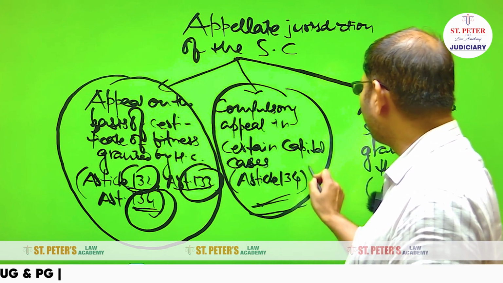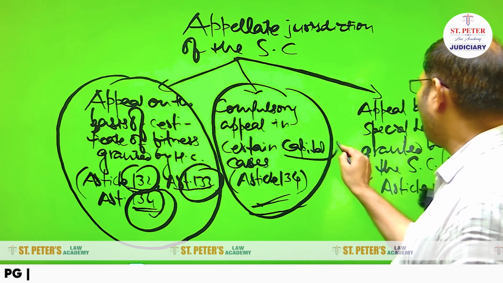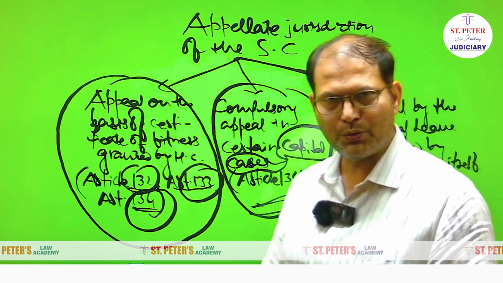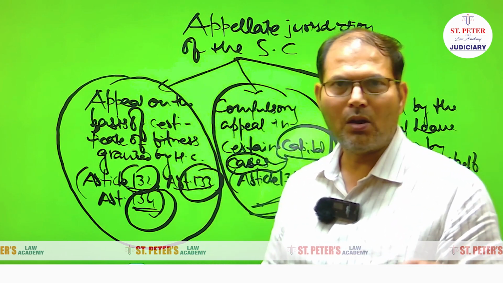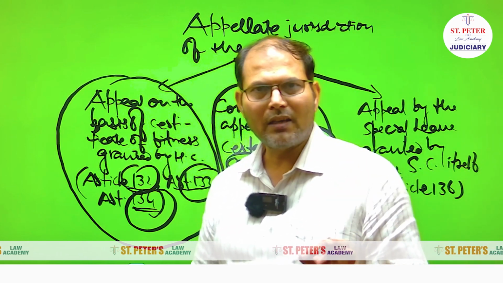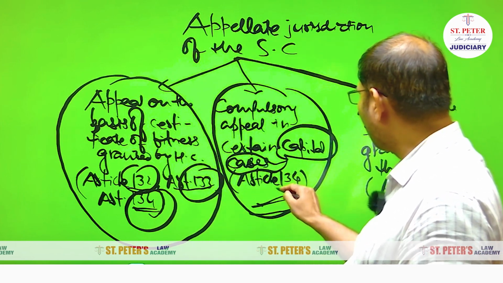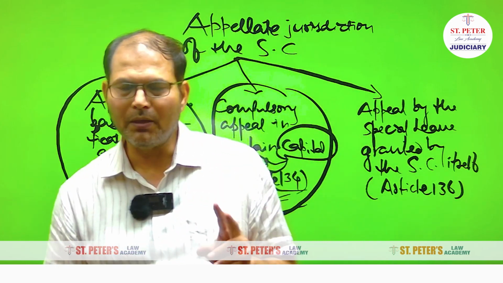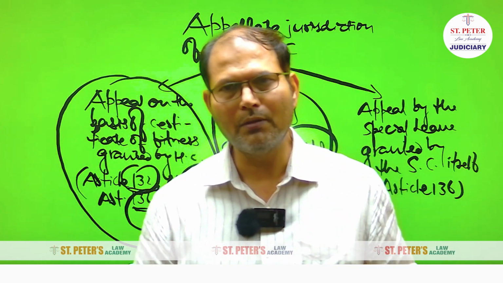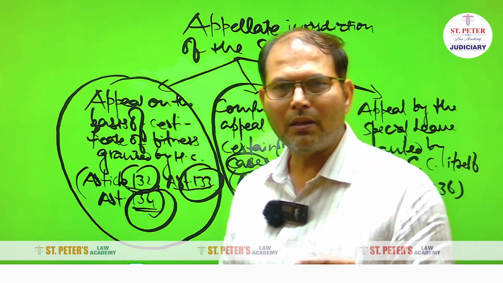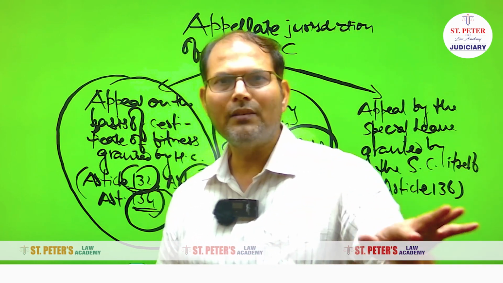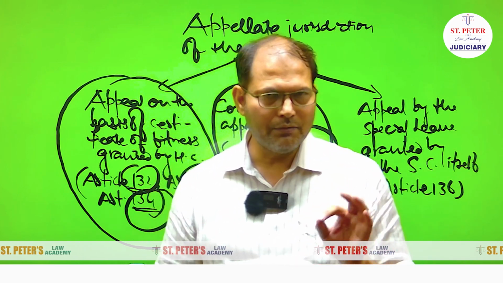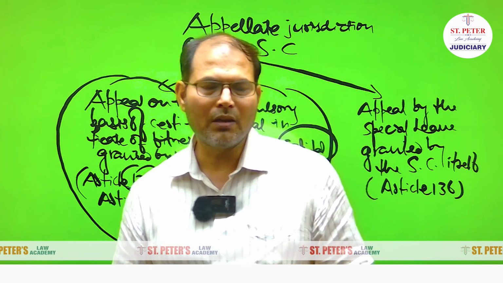But this method is confined to only capital cases, means a criminal case in which death punishment has been awarded by the trial court. Not all capital cases, not all death sentence related cases come under the purview of this Article 134. Here, only two-fold kind of scenario will emerge if we cast a look at the provisions of Article 134. The first scenario is in a criminal case where the trial court, generally the sessions court, you may say, if the trial court has, after considering the evidence produced before it, comes to the conclusion